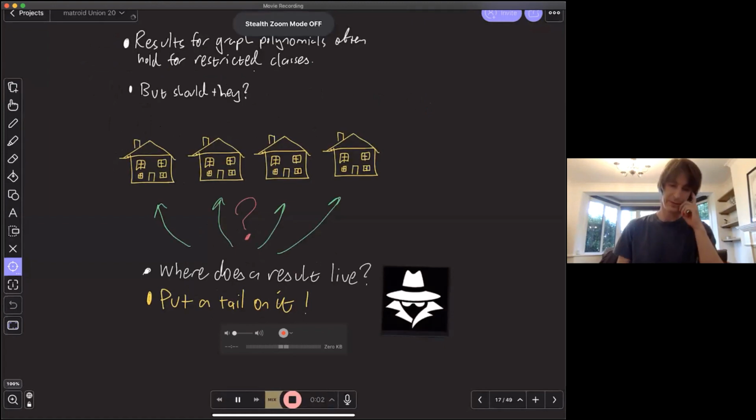This comes about because there are many wonderful results for the Tutte polynomial. But a lot of these results have some sort of restriction to them. So they don't hold for all graphs or for all matroids. They hold for maybe something like plane graphs, or for regular graphs, for regular plane graphs, and so on. And this is just something that bothers me. I mean, should these results really hold in a restricted domain? The Tutte polynomial is a graph polynomial, an invariant of graphs. So should my result not hold for all graphs? And it makes me a bit unhappy.